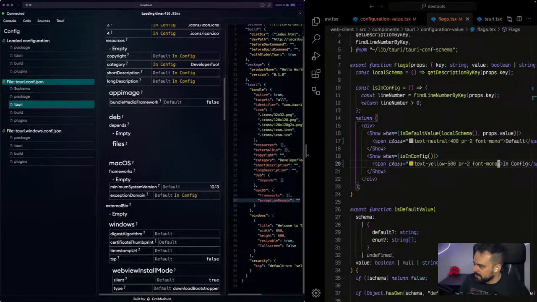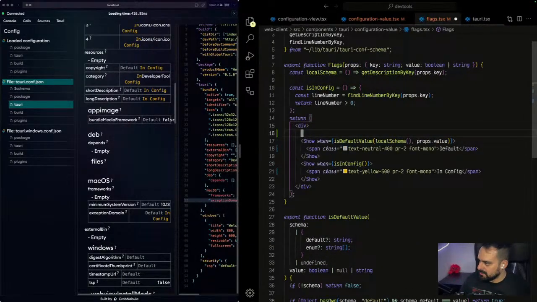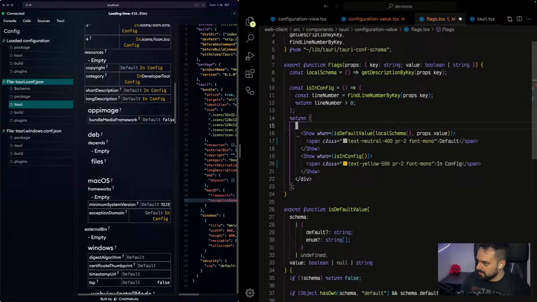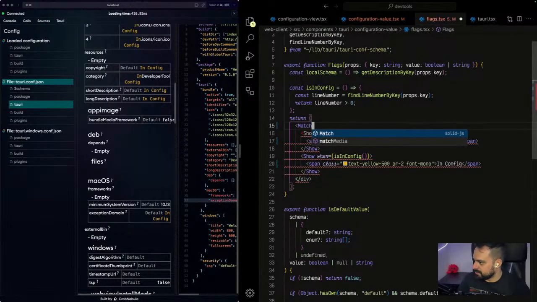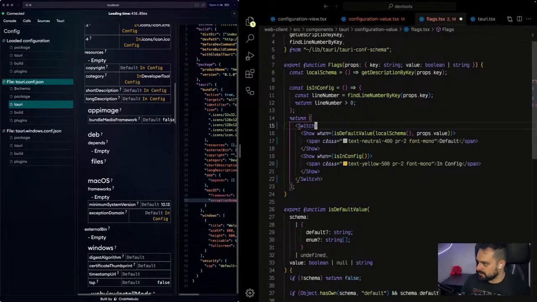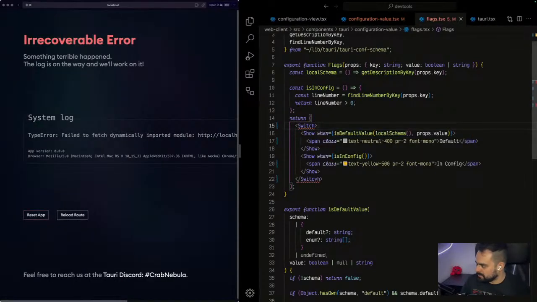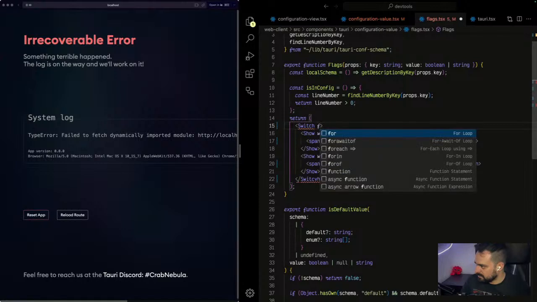Oh, if that was the plan, I'm gonna do this now. And then we're good to go. So this I can actually switch for a match. Oops, not a match here. We want to switch actually. And the switch